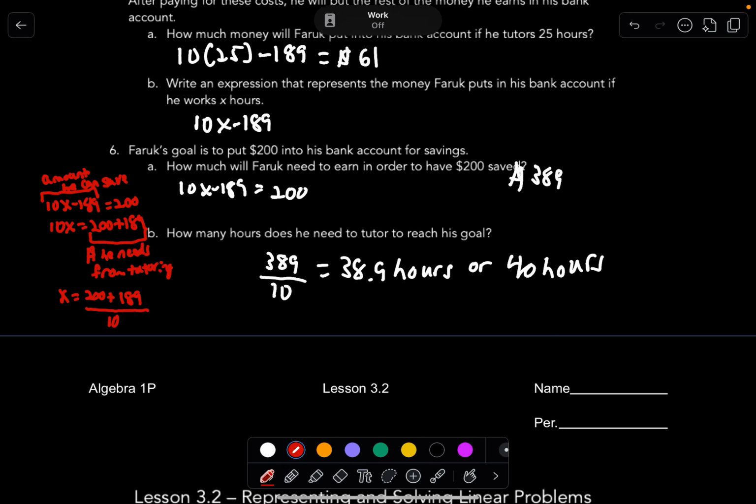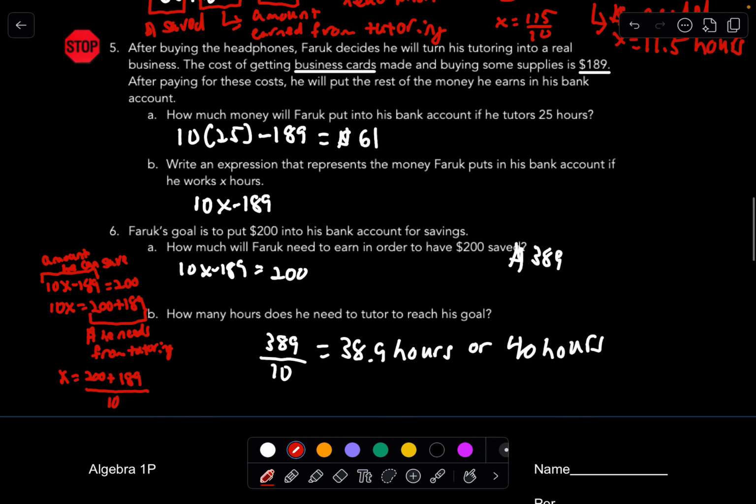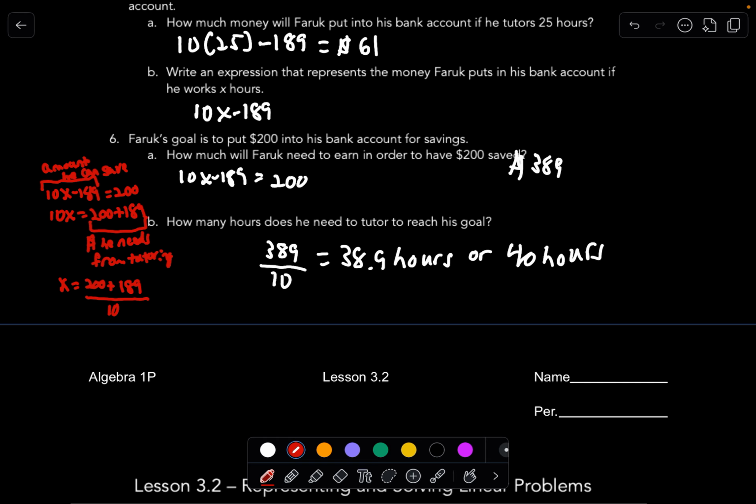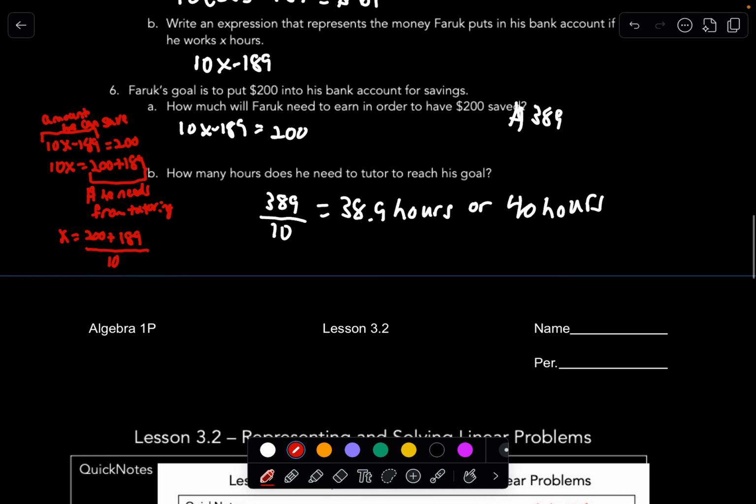All right, class. I updated what I needed to put onto this, so I'm going to continue. We left off figuring out that he needs to work 38.9 hours or 40 hours to be able to purchase his headphones, I think it was, after buying. So now